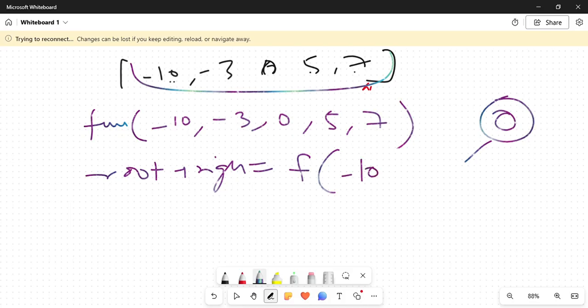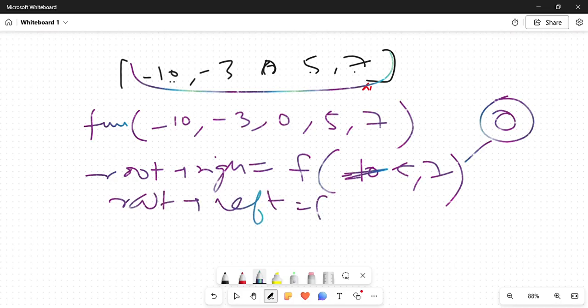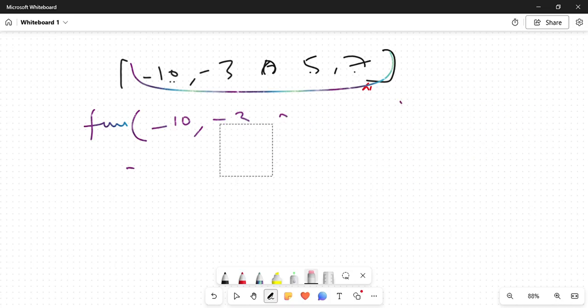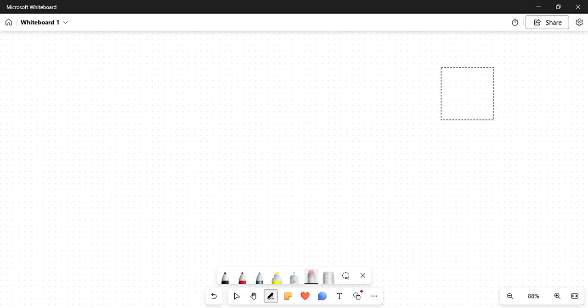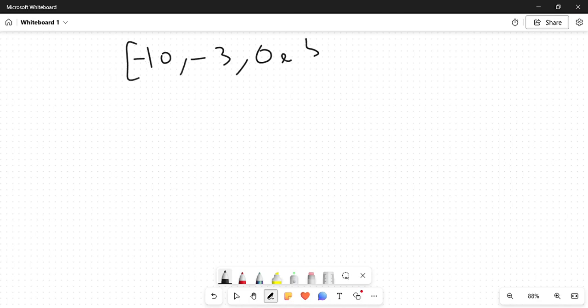और फंक्शन कॉल कैसे रहेगी, 5 और 7। ठीक है, फिर रूट के लेफ्ट के लिए हम एक कॉल जनरेट कर देंगे -10 -3, जैसे मैंने ट्राई रन करके बताया था। ठीक है, सिंपल हो गया ये तो, या तो सिंपल हो गया या तो इसको थोड़ा अभी, ये तो नहीं हुआ सिंपल, मुझे लगता है मैं कुछ ढंग से समझा नहीं पाया।